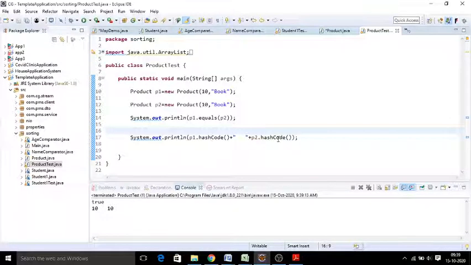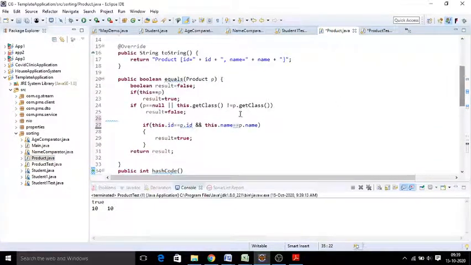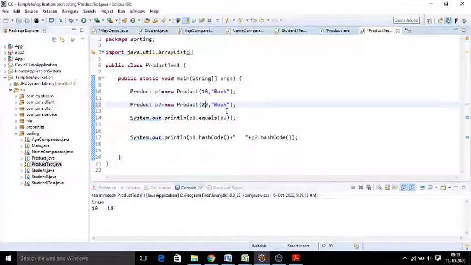And whenever you override, as you are overriding the hash code, you are going to return the same number. So whenever data is same, your hash code also will give the same number. So that is how you can decide that both the objects are same. Let us say I pass different content. So in your equals method, definitely the third condition gets failed, right? So this is going to fail. So in your product test, when you're comparing both the objects, it will say false, right?